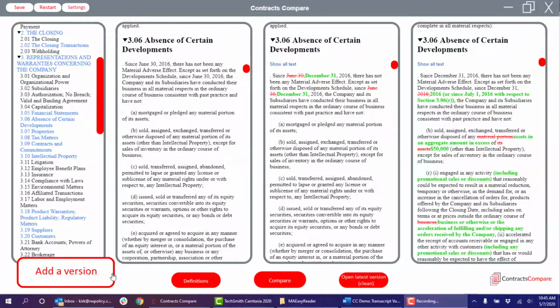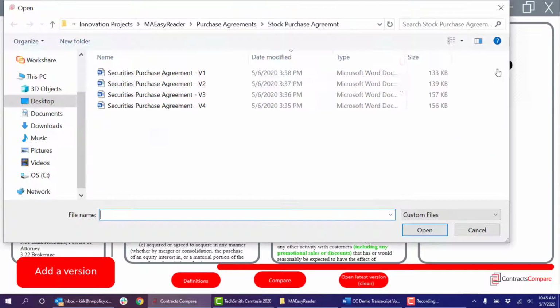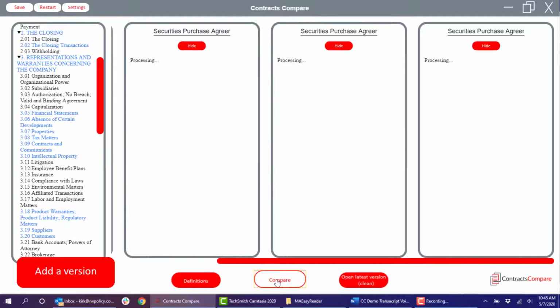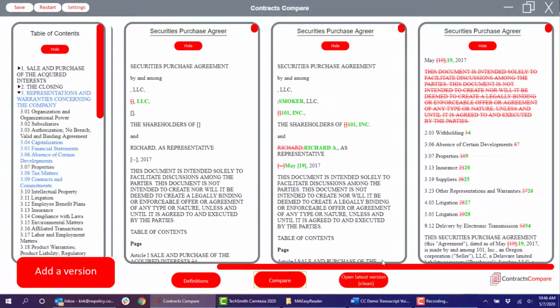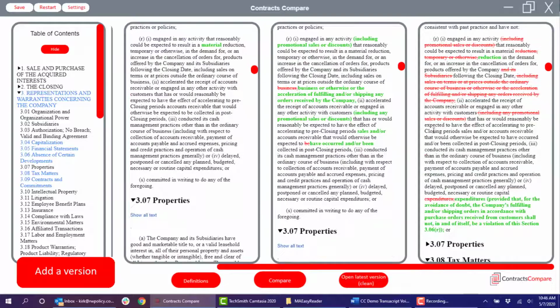Our ability to add a 4th version of the same agreement allows us to tell a story as the progression of the negotiations begin to take place across dynamic redlines. By dynamic redlines, we are referring to multiple sets of redlines in sequential order that can actually tell a story as to how and where parties are negotiating, showing sequential changes across 20, maybe even 30 versions of the same